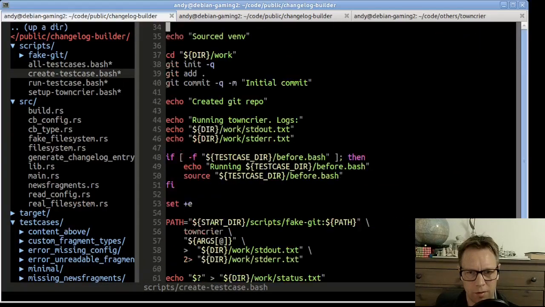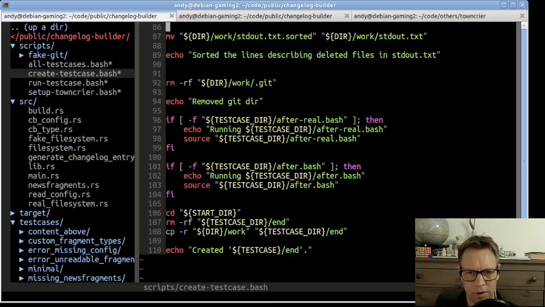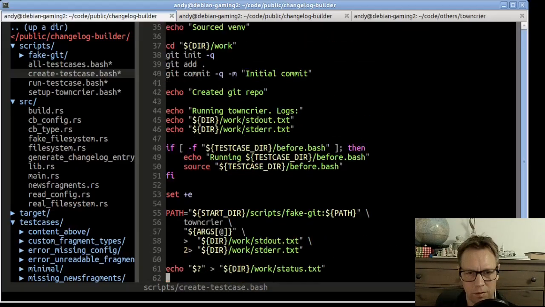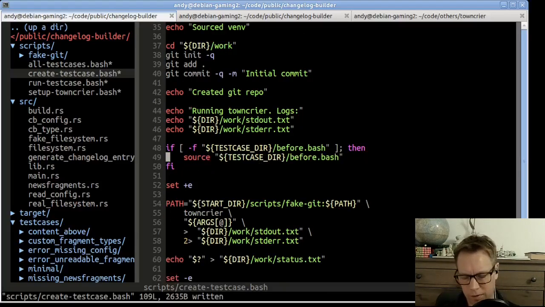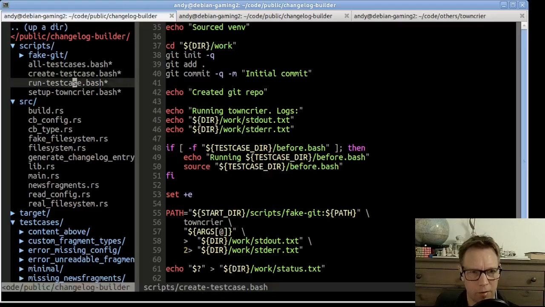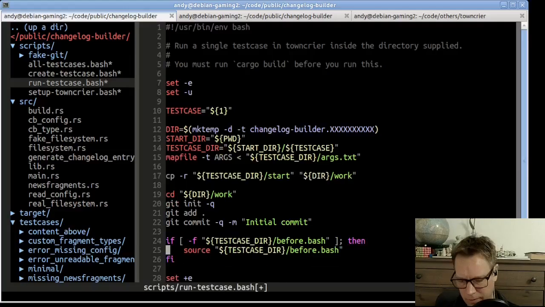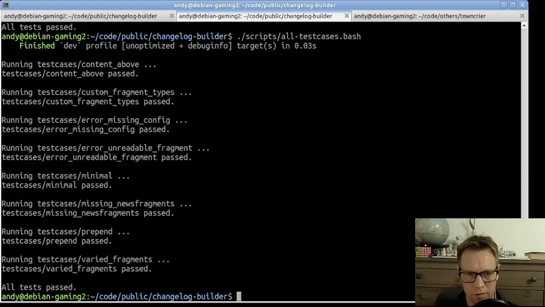We're still printing out that we ran them when we did the create, which I think is okay. But yeah, we do it in create, but we won't do it when we run. Where is it? Yeah, there. Right, that's noisy. Okay, so